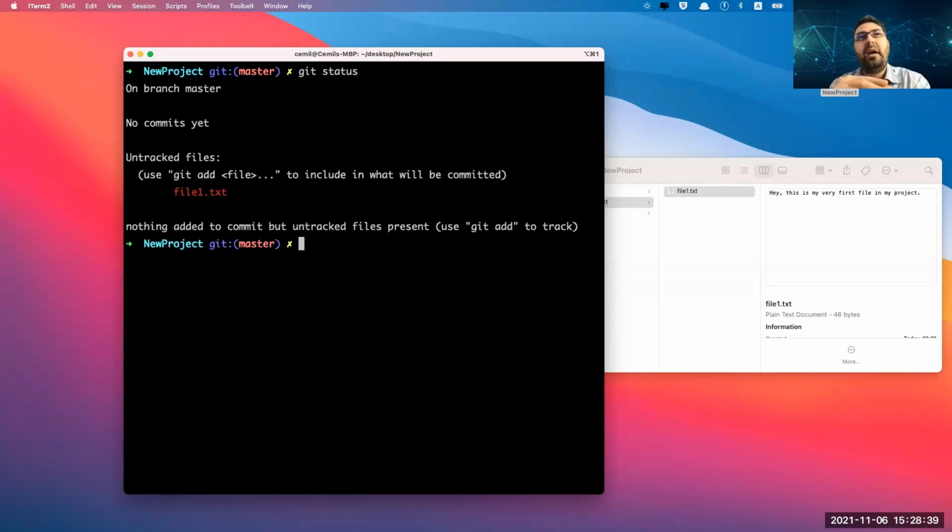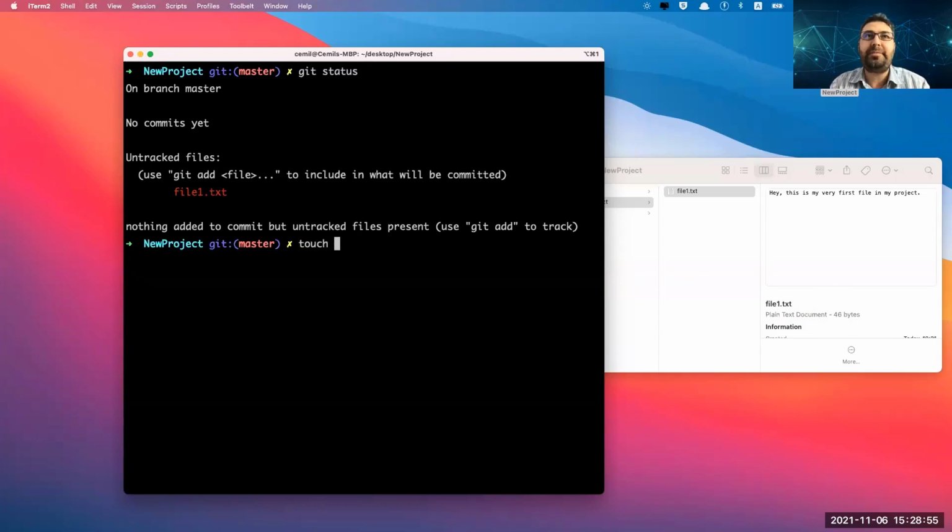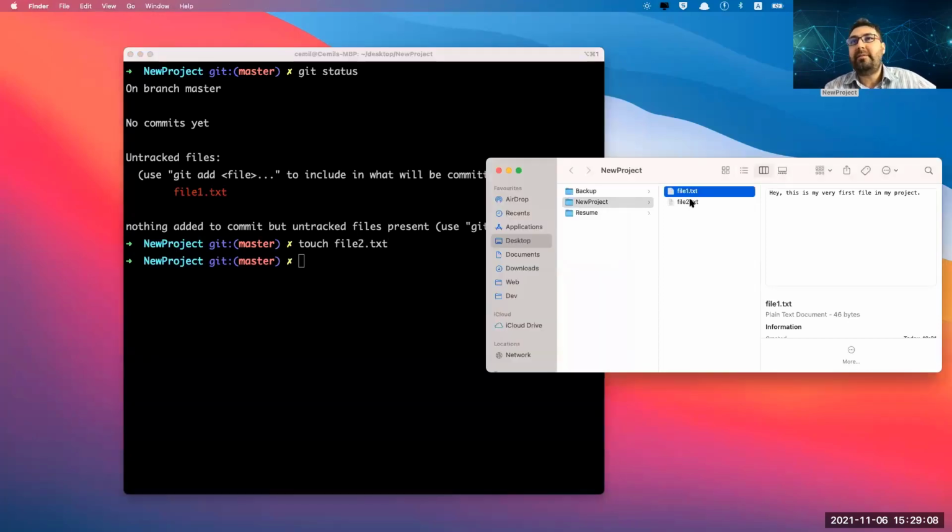Well, now I am going to create another file. You can right click and do this if you're on Windows, but unfortunately this is Mac, so I can't create a new file there. So I will just run this command, touch, a new file, so you can do this together. file2.txt and of course enter. Oh, so I have 2 files, 1 and 2. The second file has nothing.